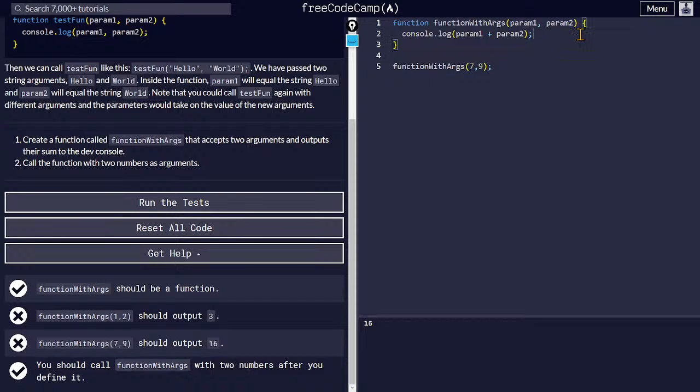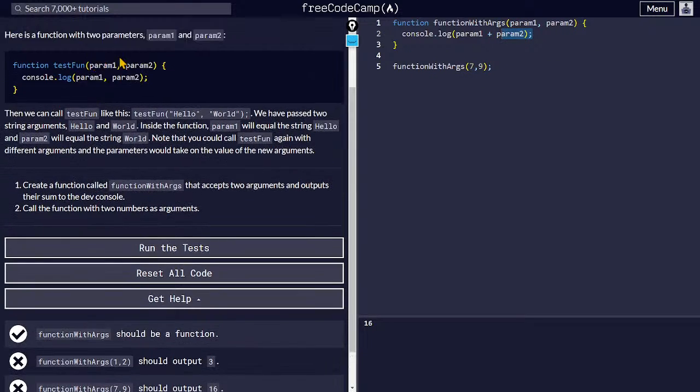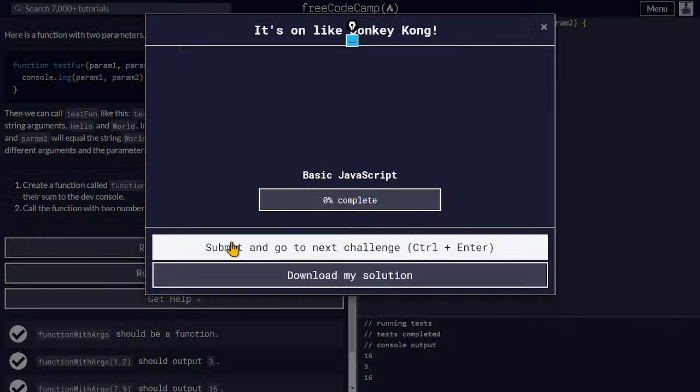Either you can do this, which will be the same like this. It is accepting two arguments and console logging in the development console the sum of these two parameters. Either you can do this or you can do like this also. I think this will be better. If you run the test,